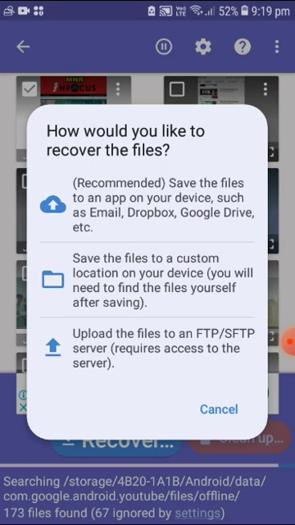Okay. Either you want to save in storage, or in emails, or upload the files to an SFTP server, or directly store this data on your server. So personally I recommend you select the email option. Okay, you just select